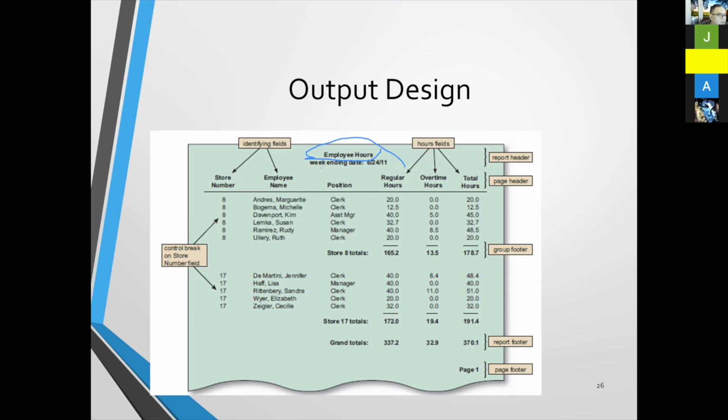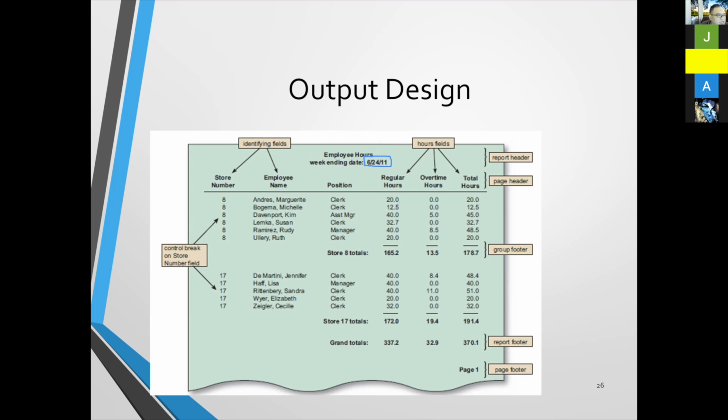And the next one, this report shows the time as well, 6/2/11. Here it means that it shows the date that we print out this report, or the day that you call this report out. After that, you identify all the fields that we have, that is the page headers, and also you show them